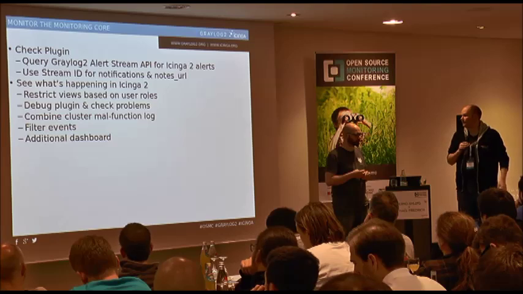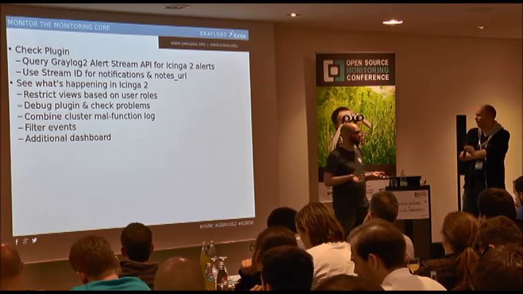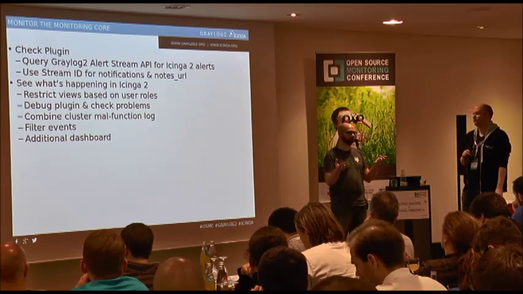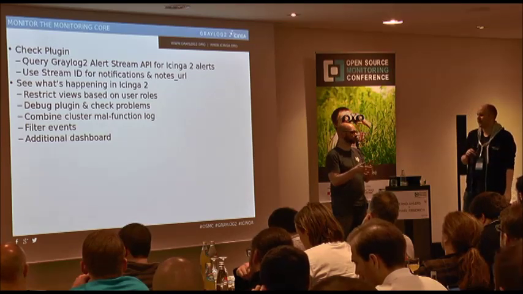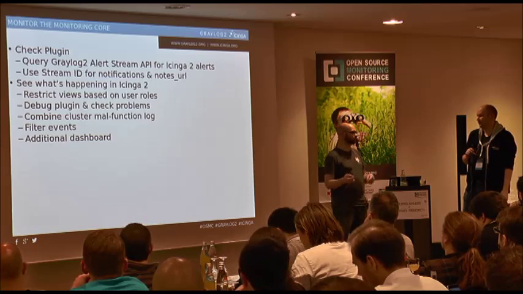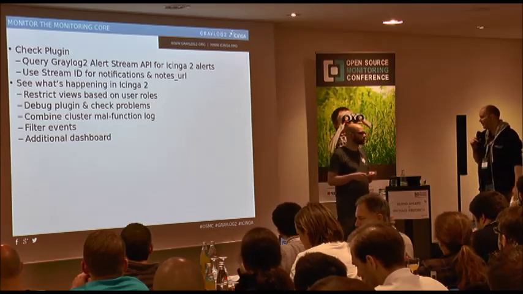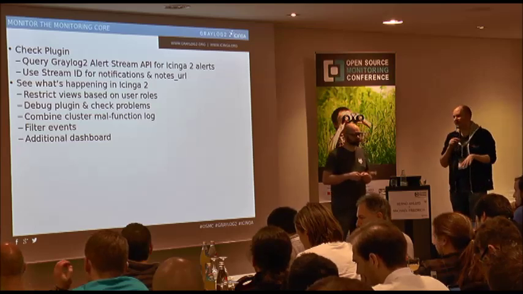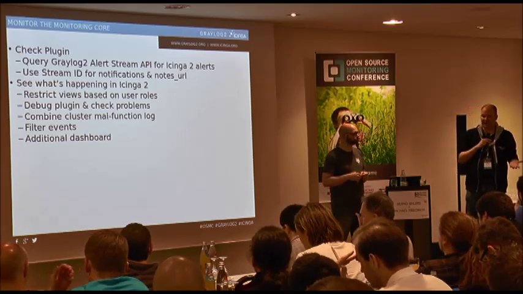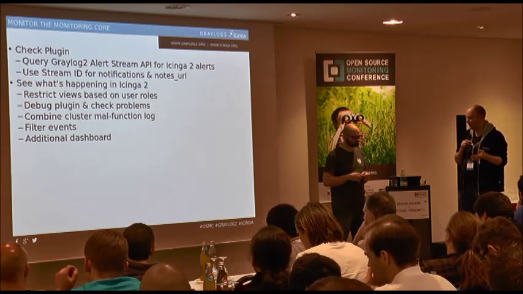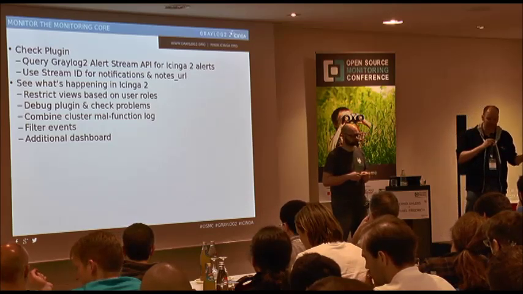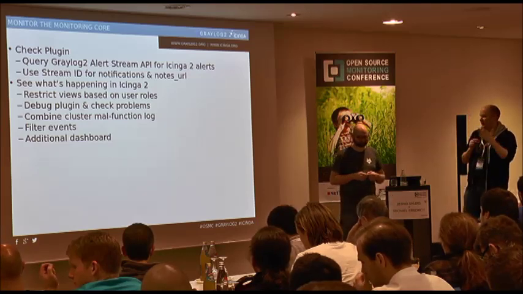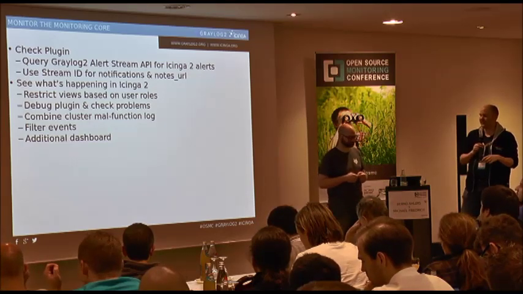I think especially with a cluster setup of Icinga 2, it's really nice to have all the logs of all the Icinga 2 nodes in the cluster in one central place. So you don't have to go to every machine and grab log files and stuff like that. That's not yet implemented, but that's also something I would implement when refining how the cluster error messages work, and just saying, well, you have a defined stream and you can actually monitor your monitoring, like recursive and stuff.